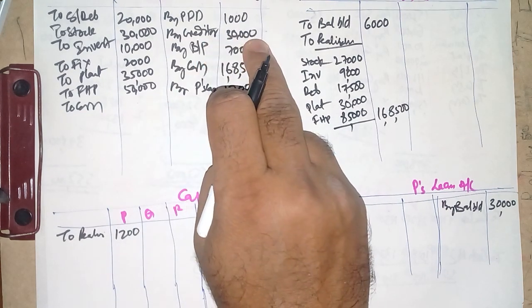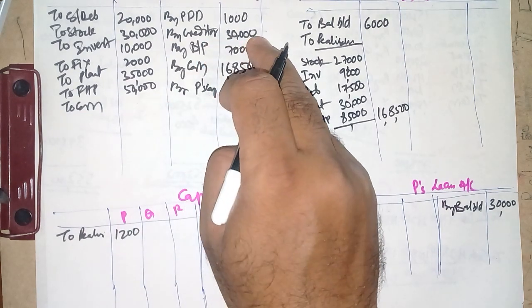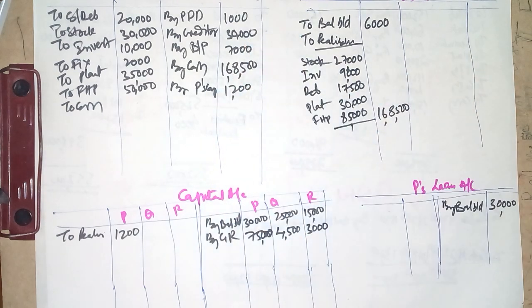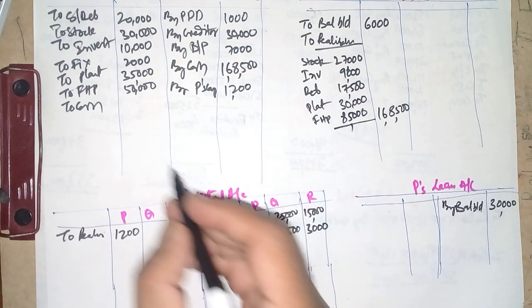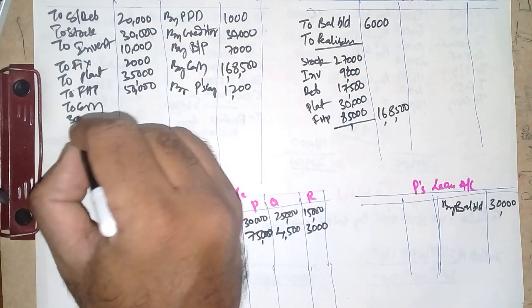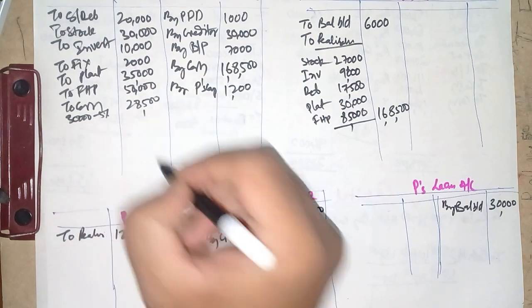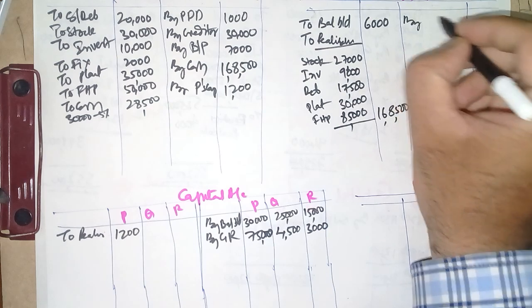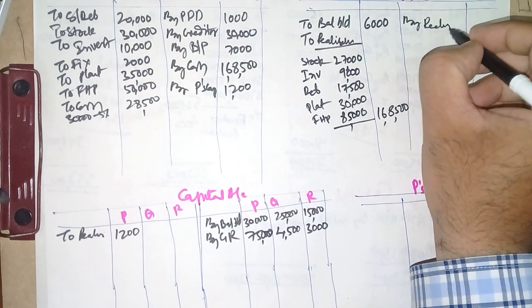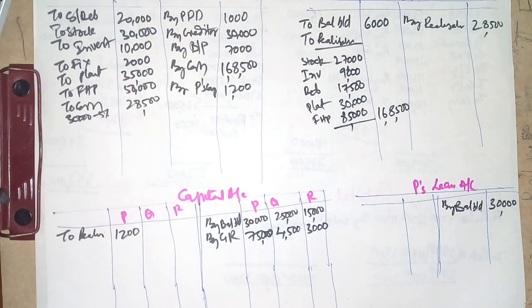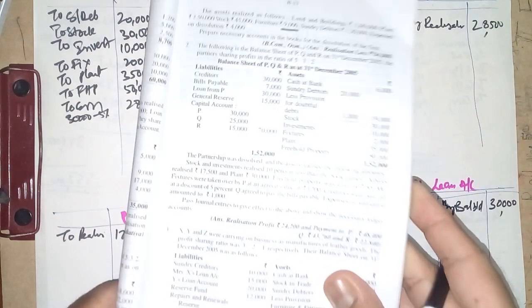Creditors, how much do we need to pay? 30,000, paid at a discount of 5%. So 30,000 minus 5% comes to 28,500. In the cash account we write by realization 28,500, right? Next, once the creditors are done, next is